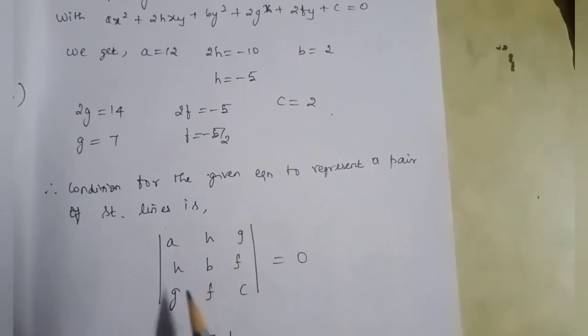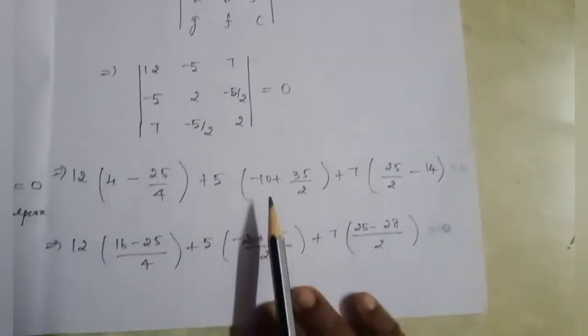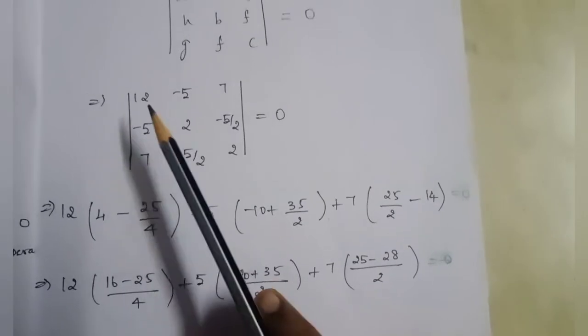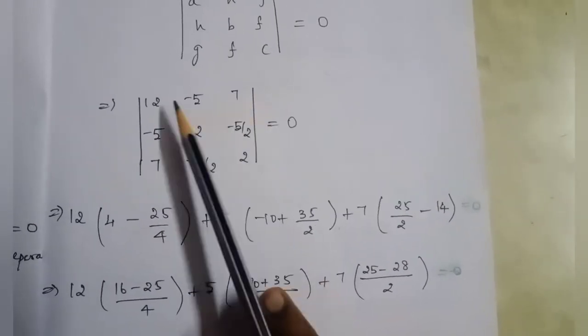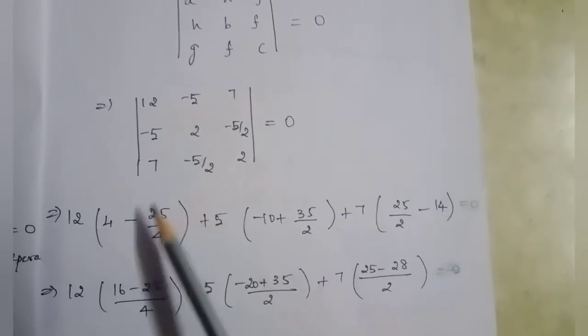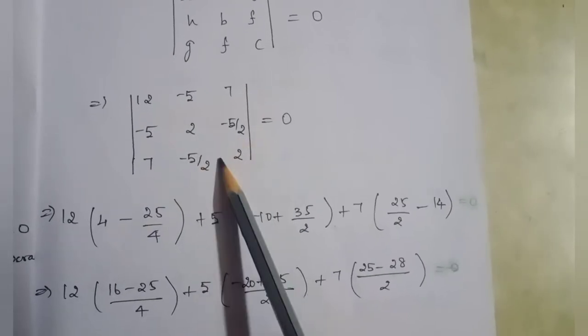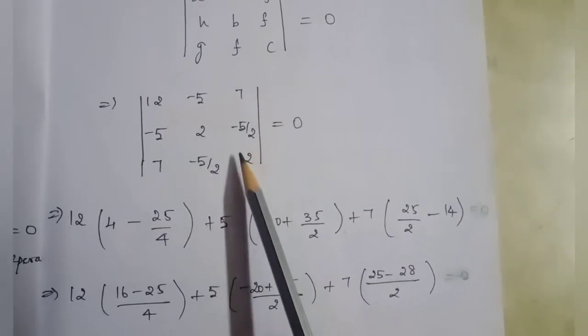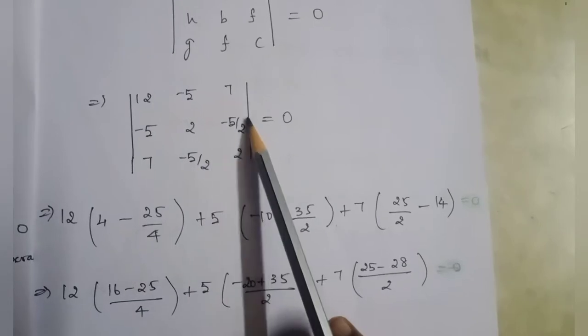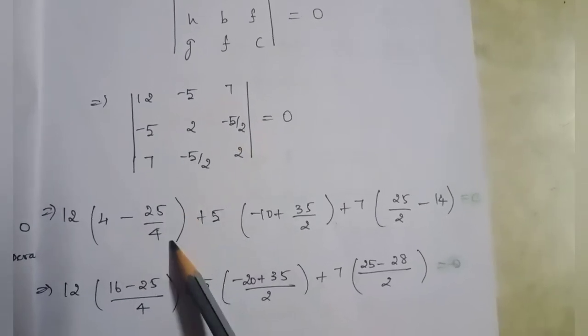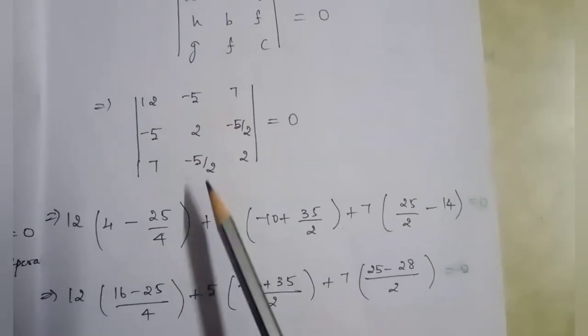Right? Comparing, just comparison. Now the condition for the given straight line to represent a pair of straight lines is the determinant. So substituting in this determinant and finding the determinant value. So first 12, leaving the row and column, 2 into 4. Okay, so 4. This minus into minus will become plus. But as per the formula itself, we have a minus. So minus 5 into 5 is 25, 2 into 2 is 4. So 25 by 4. Now for the second element, we should have a minus sign.